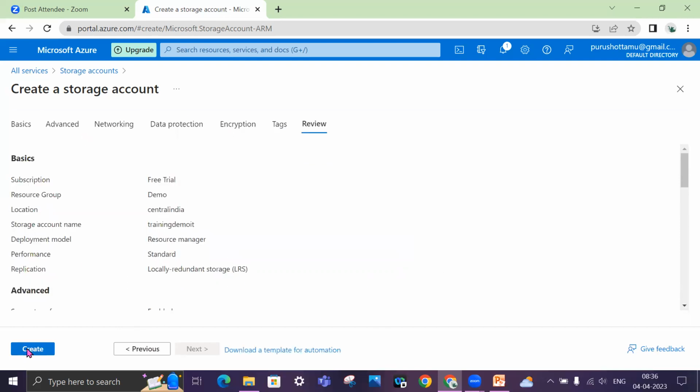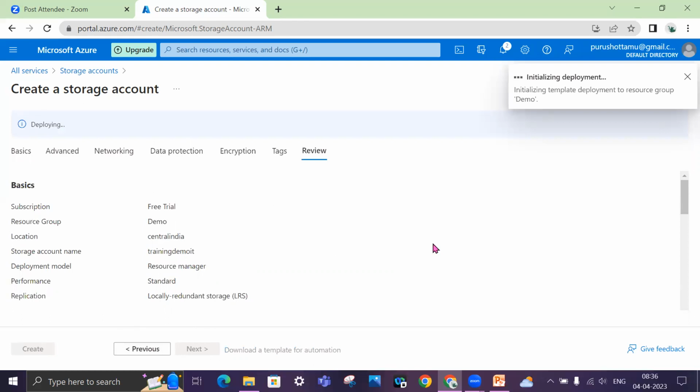Okay, so validation is done, and I can create the storage account.